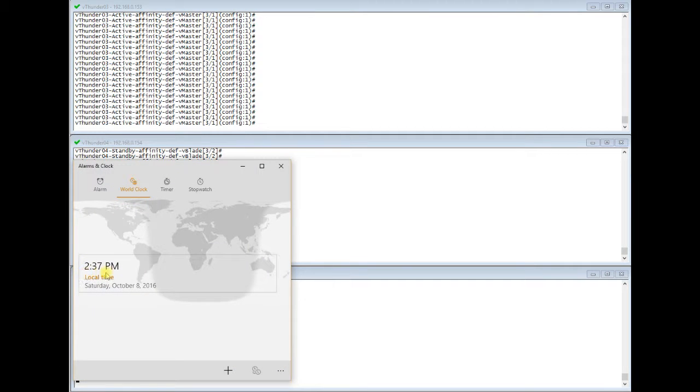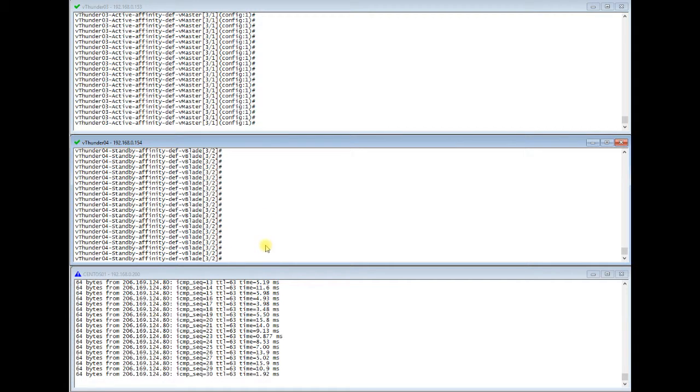Next, let's check the clock. It's 2:37 p.m. We'll check back when we're completed with the upgrade to see how long the total upgrade takes. The first change is to disable VCS on device 2. This will allow us to change the VRRP-A priority and cut the traffic over to device 2 while we upgrade